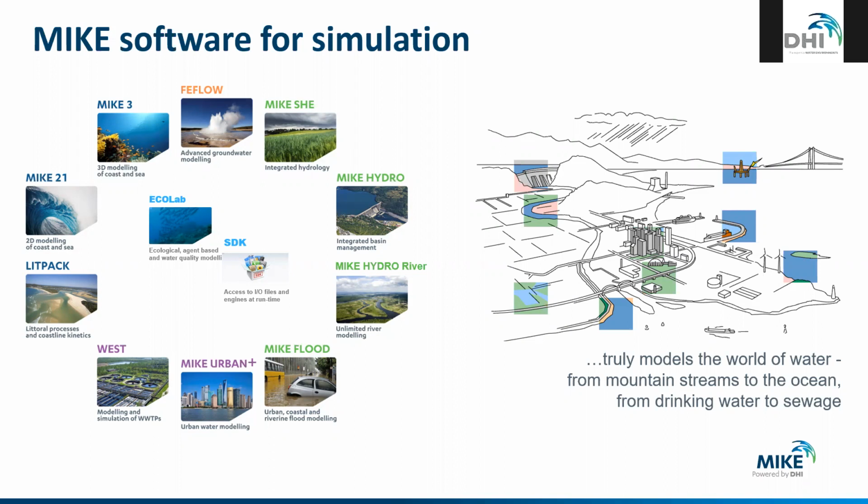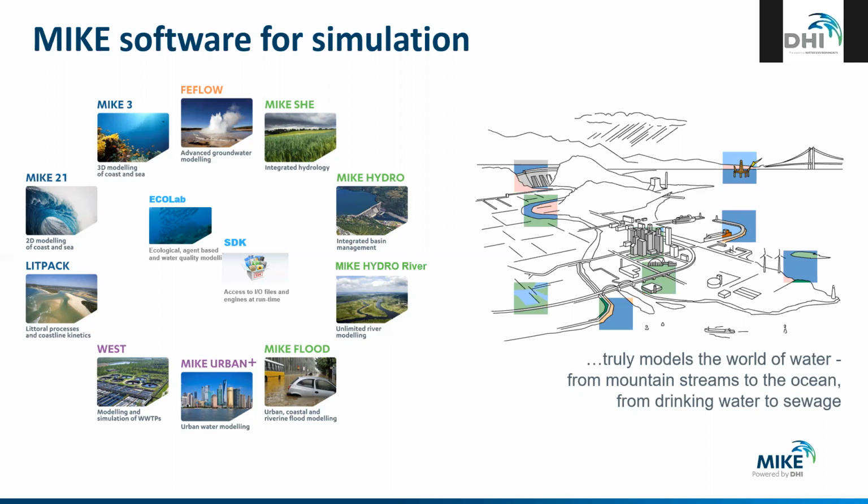So those two, MIKE 21 and MIKE 3, are the backbone of our coastal and offshore model simulation software. All of this software around the circle is again layered in that you can build complexity on top of the basics. So the basics are, of course, the hydrology and hydraulics, or hydrodynamics, the flow and where the flow goes, water depths. But then on top of that, within each software product, you can add on processes such as advection dispersion,